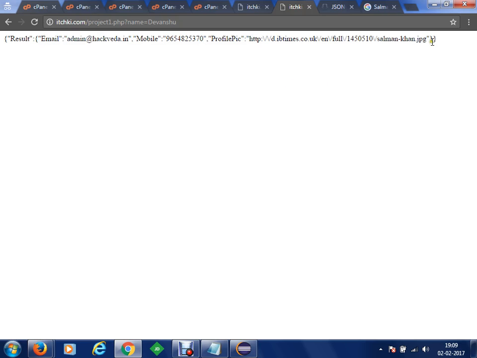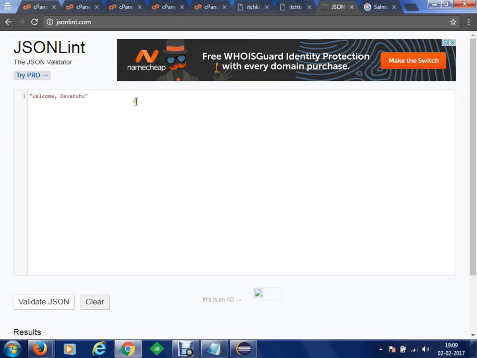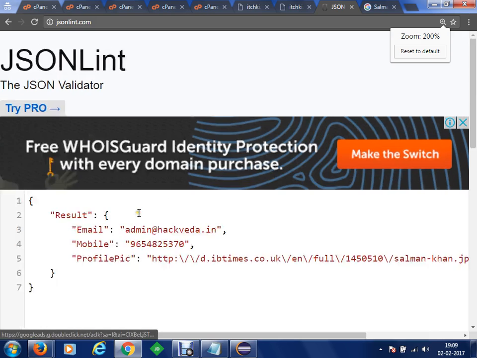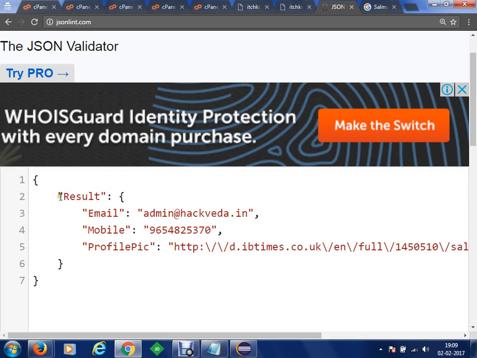Let's say if I validate this JSON, now you can see that it is arranged in a much better way. So now we have got a result JSON, and this result contains three pieces of information: email, mobile number, and profile picture.